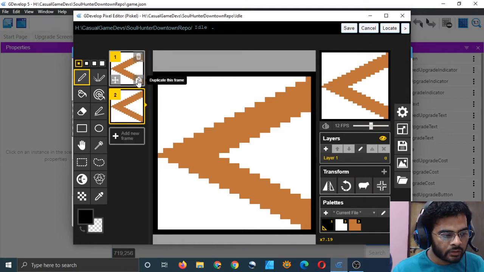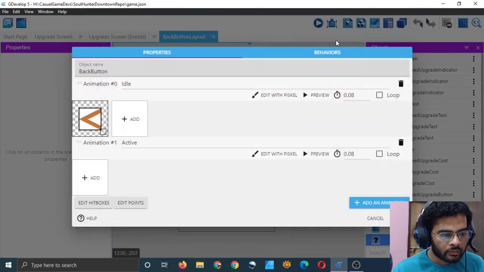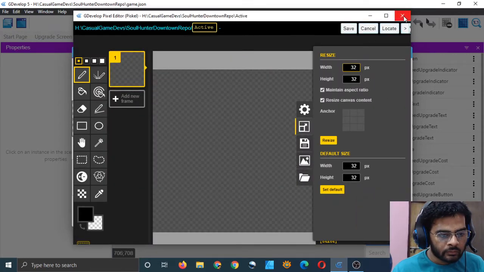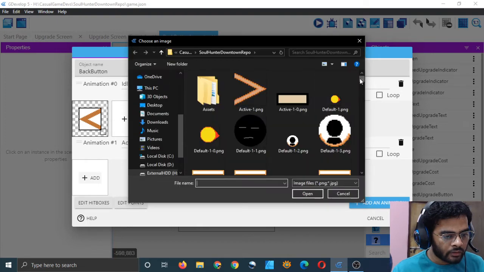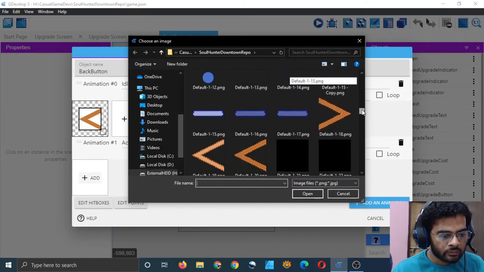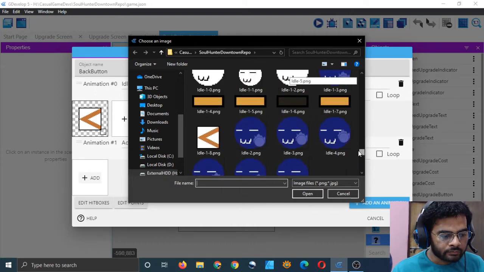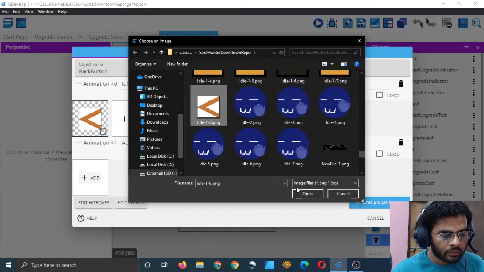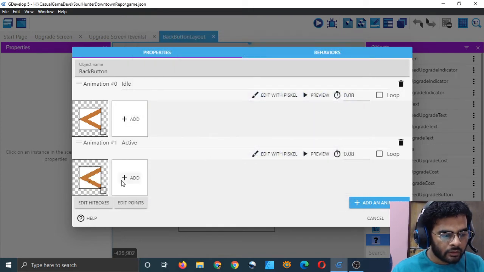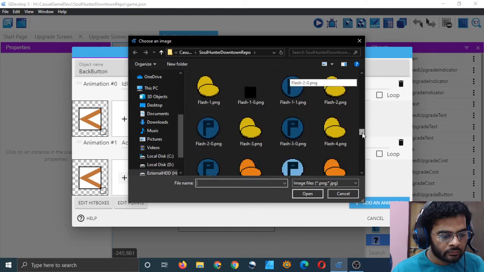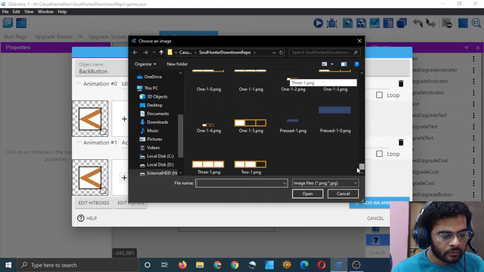So just duplicate it. This is the old one, this is the new one. Now delete it and then save it. And I think now we will have two files. Don't edit, add. I think now we will have two files, I believe. Nope, still one file. If I bring it here and try to add, I think now I will have two files. Nope, still one file.